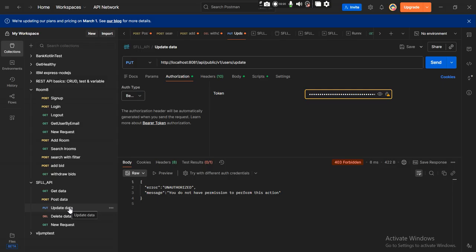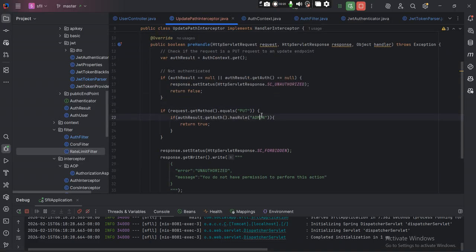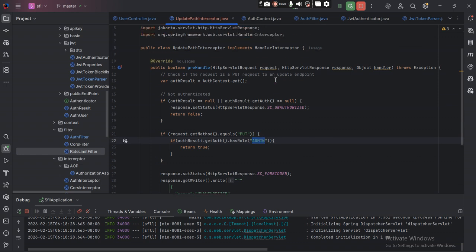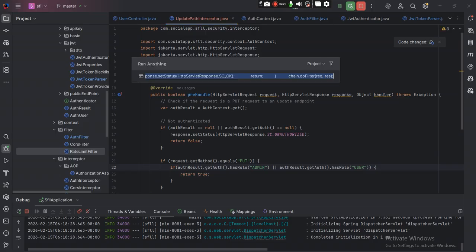I'll need to initialize a login and create the authority. So what we can do is change it here to, if it has admin or, let's just say for user, has role user. So that allows